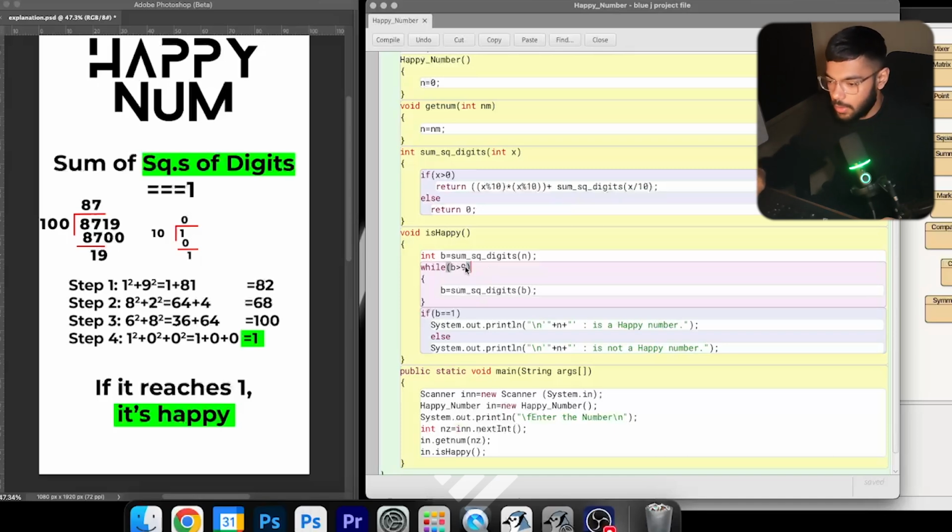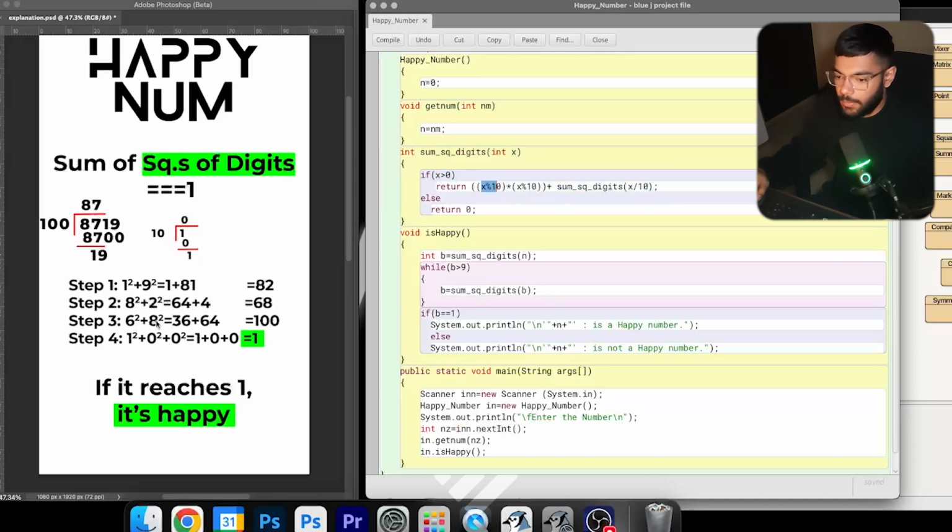So what we do is, while b is greater than 9, we set b equal to the sum of squares of the digits. So 82 is passed again, and we go through the same thing, and it will pass 64 plus 4 plus 0. 4 plus 64 plus 0, it comes down to 68. While b is greater than 9, yes, b is again greater than 9, so this will execute again. This will call the function